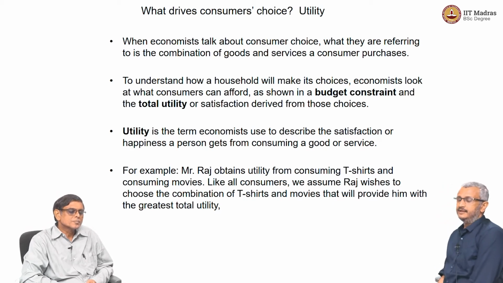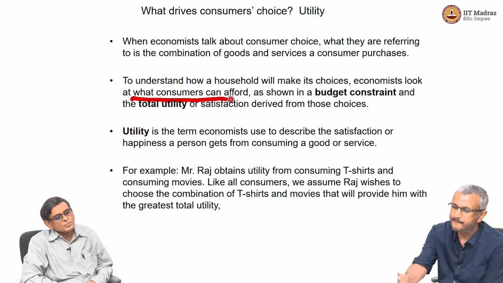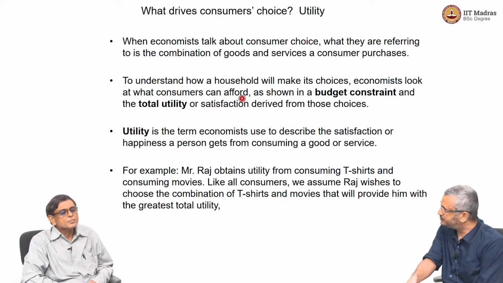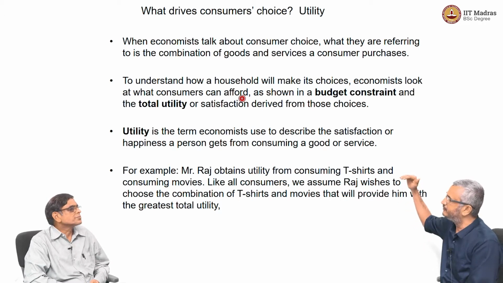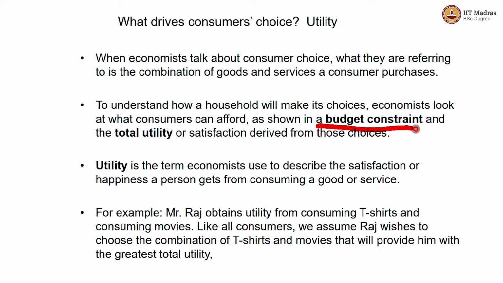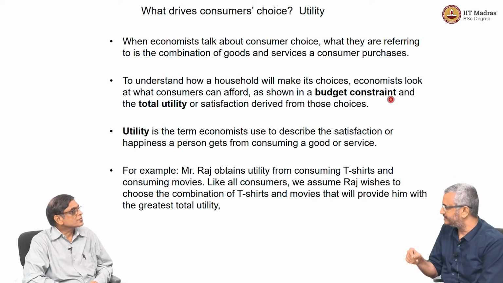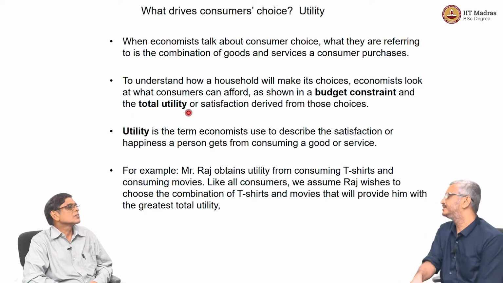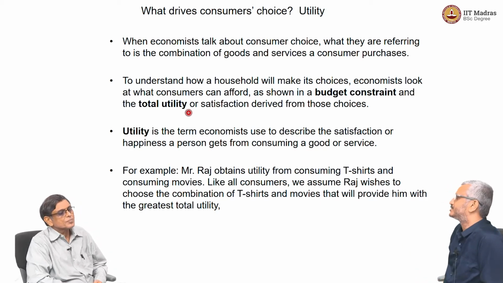Now, this utility is also linked to what I can actually afford. In our example, that person with a 15,000 salary can afford only certain things. The person with a 30,000 salary can afford different kinds of things. So 15,000 rupees couldn't afford to buy a house. Yes. So that is what we call the budget constraint. You have to operate within the budget constraint, and within that budget constraint, we have to derive certain total utilities from consumption. And that drives consumer's choice.